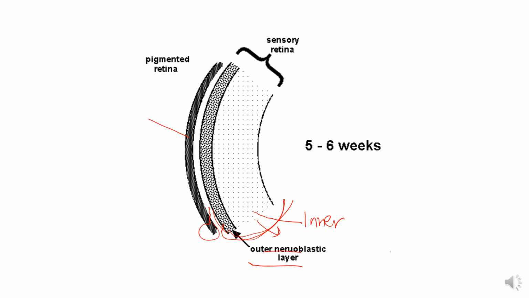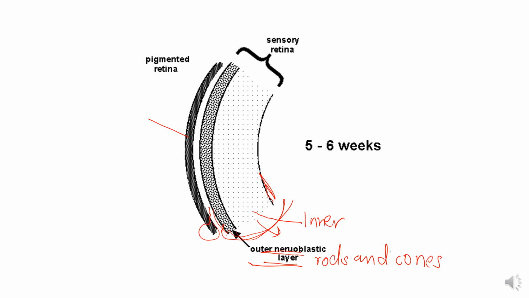In addition, two membranes develop to line the two surfaces of the neural retina: an external limiting membrane, which becomes interposed between the pigment epithelium and the neural retina, and an internal limiting membrane that covers the internal surface of the neuronal retina. The rods and cones of the neuronal retina are derived from the outer neuroblastic layer.